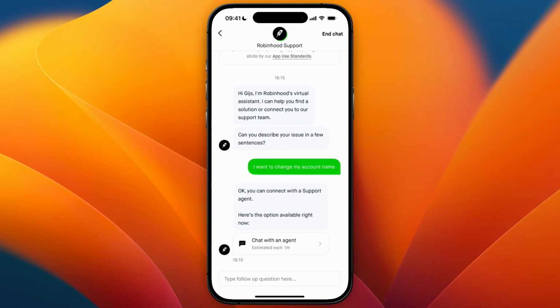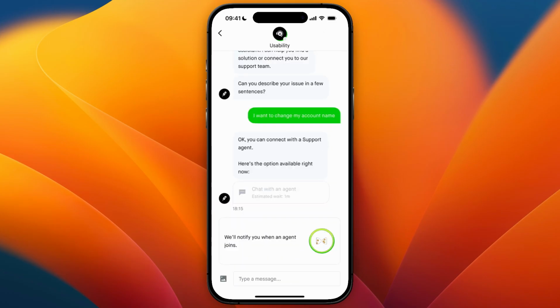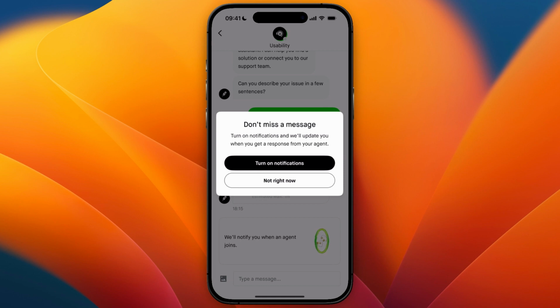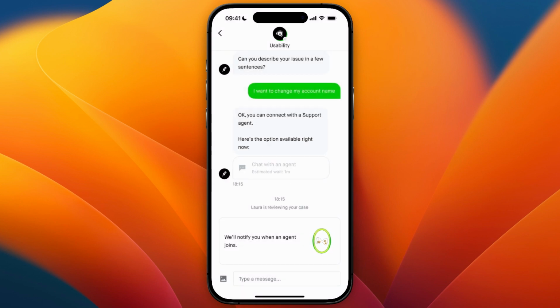Then they will say, okay, you can connect with a support agent. So just click on chat with an agent. Then they will notify you when an agent joins, so you can turn on notifications. Now in this case, there's already someone here. So from now, they will just read that I want to change my account name and they will then help